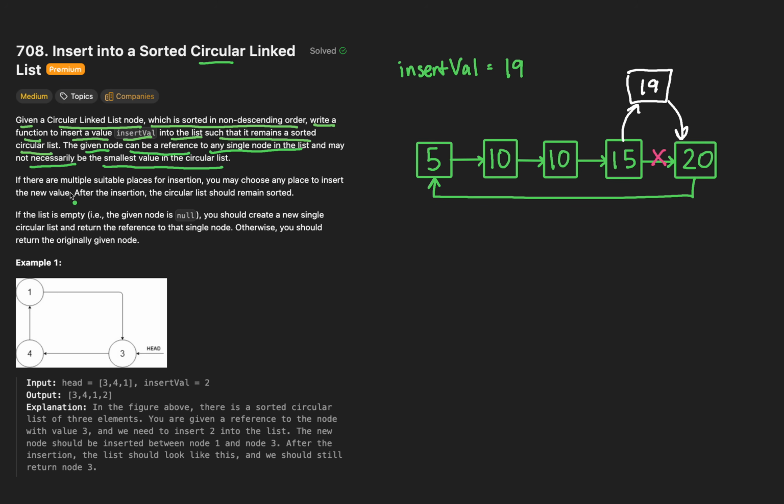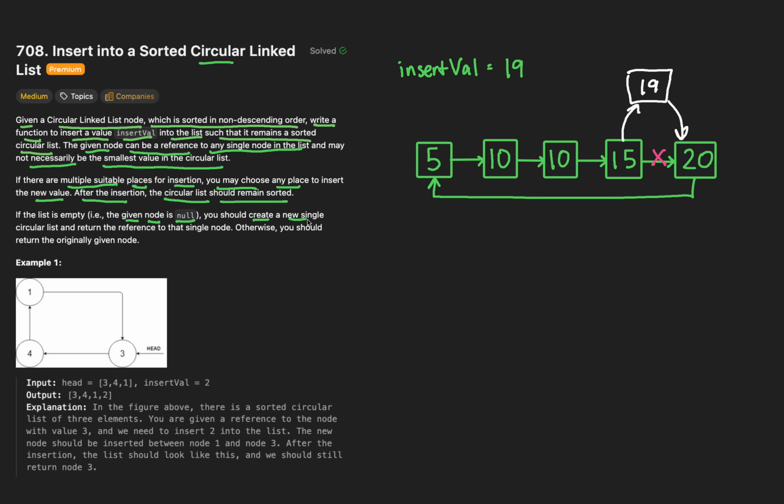Reading on, if there are multiple suitable places for insertion, you may choose any place to insert the new value. After the insertion, the circular list should remain sorted. Translating this, if we had an insert value of, say, 10, then there are 3 places to insert it, either here, here, or here. As a last note, we could be given a node that is null, in which case